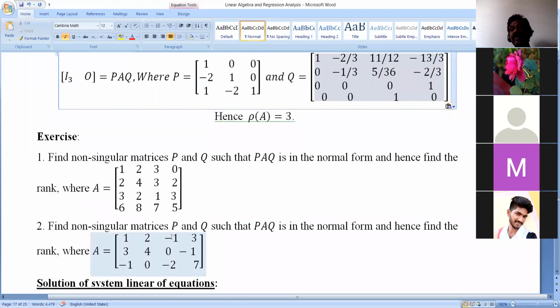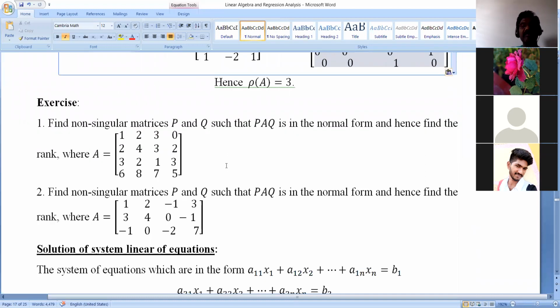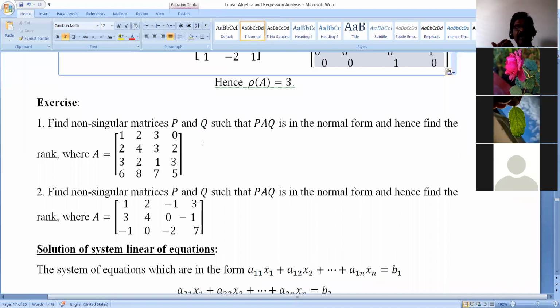Now, we leave 3 problems for homework. Note it down and solve this one. Students, I will send this material by tomorrow morning. Before that, we have to note down these 2 problems and solve these 2 problems, right? Please note these down. Vinila, Harsha. Yes, sir. Noted down these 2 problems, and then we have to go for another one. Okay, sir.